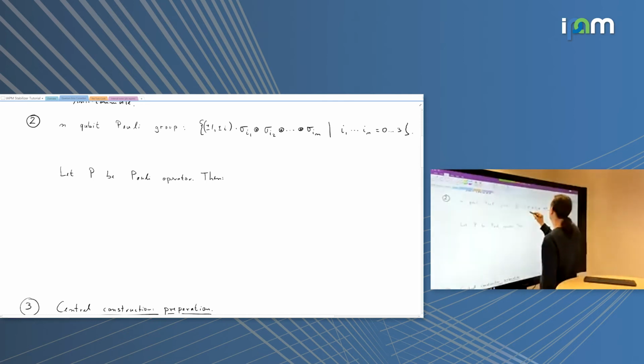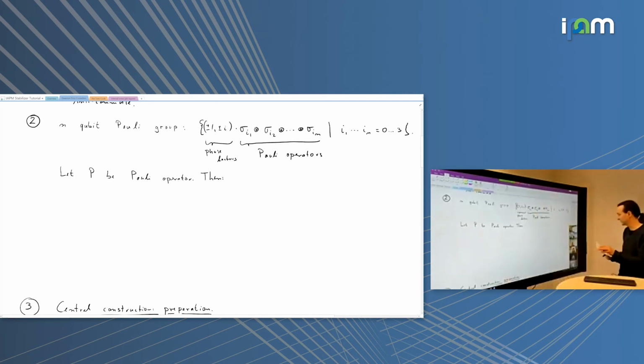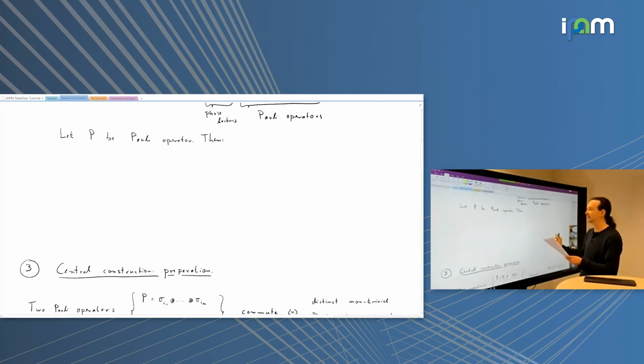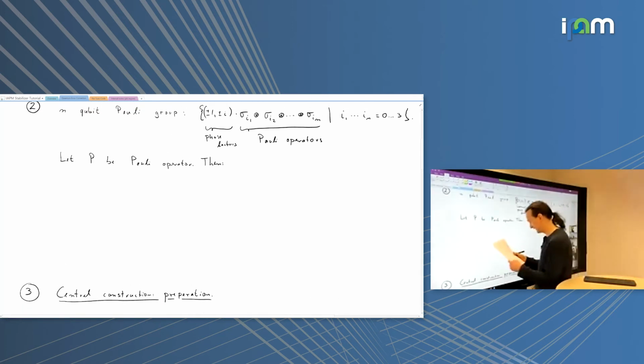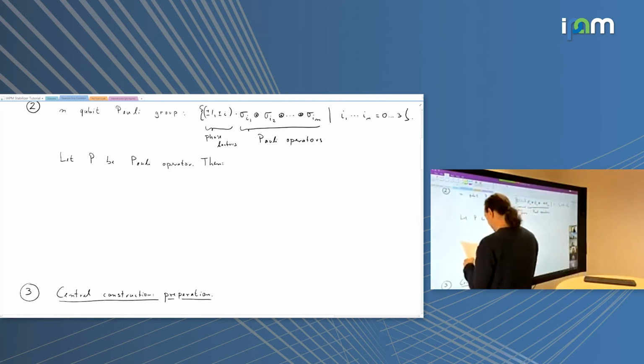That's going to be the central object that we'll be working with. And these things are called Pauli operators in physics, and these we'll refer to as phase factors. Good. So far, so trivial. I've never said it would be difficult. Now let's record a few properties of the Pauli operators. In fact, I think I need only two, so it's very easy.